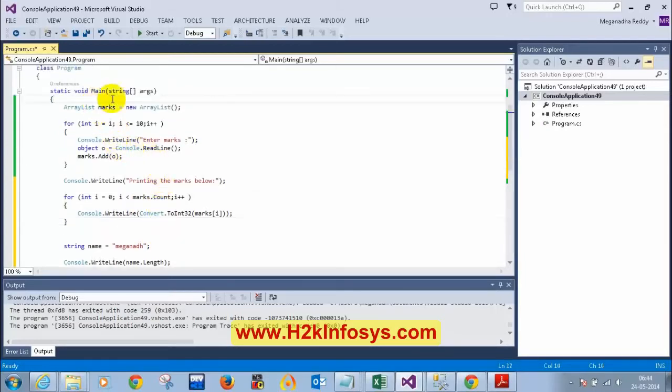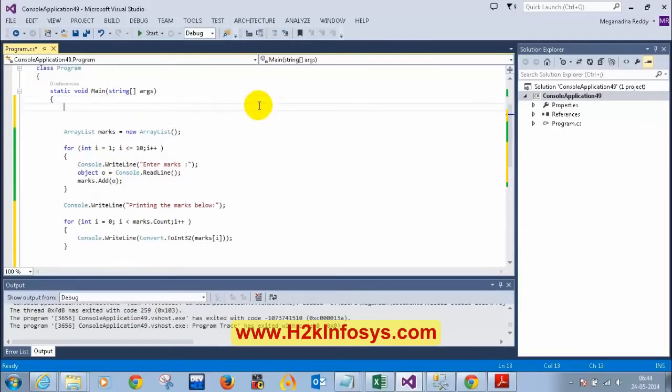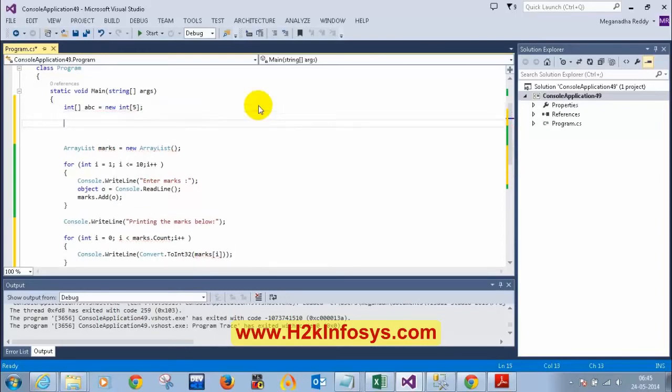For arrays, I don't think we'll use count or length. So let's verify that. Let me declare an array, int abc is equal to new int of say 5. Now abc dot count, yeah, I have count, but we don't have length actually. Yeah, we have length. So for arrays we are using length, for collections we are using count. Array dot length represents the total number of elements in the dimensions of the array.